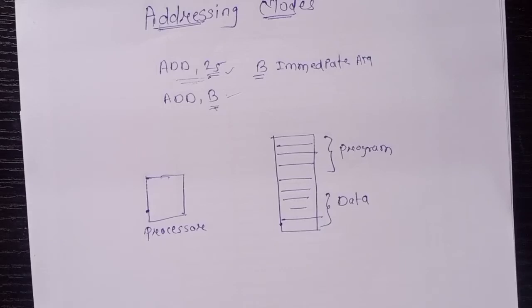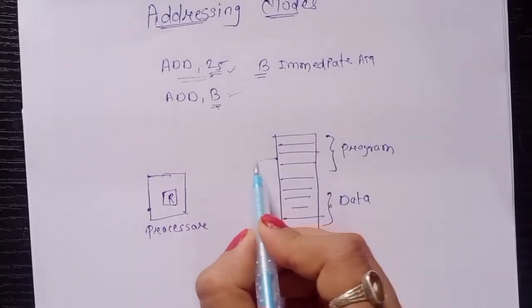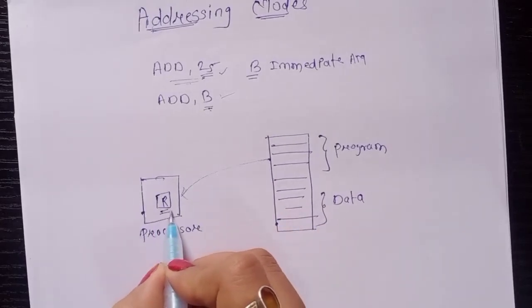A program is a set of instructions. Every instruction is fetched, decoded, and executed by the processor. Now during execution, the processor needs data. So the processor has two choices to get the data: either take data from memory or take data from registers. While fetching the data, the processor has two choices: either take data from main memory or from the registers.